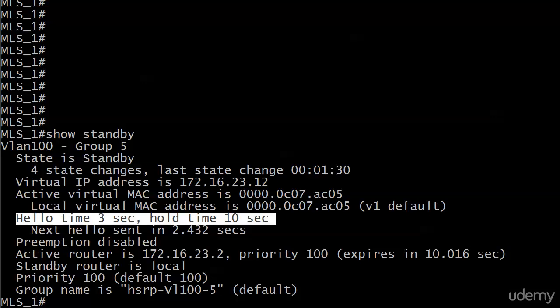Time to do a little this and that with HSRP. A couple of things I want to show you, and the first one is changing the timers. Frankly, you can leave the HSRP timers alone, and I don't think the overhead is terrible. But if you really need to change these, or need to change them on the exam, you certainly need to